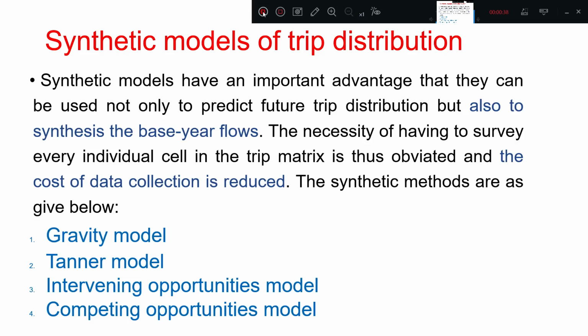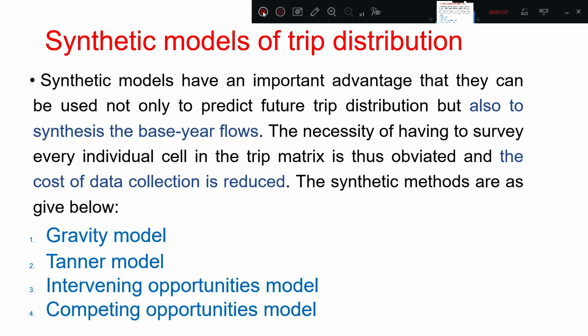To overcome that, the synthetic model, which is applied in various trip distribution methods at present, has its own important advantage: it can be used not only for prediction of future trips, but also to synthesize the base year flows or base year trips in the